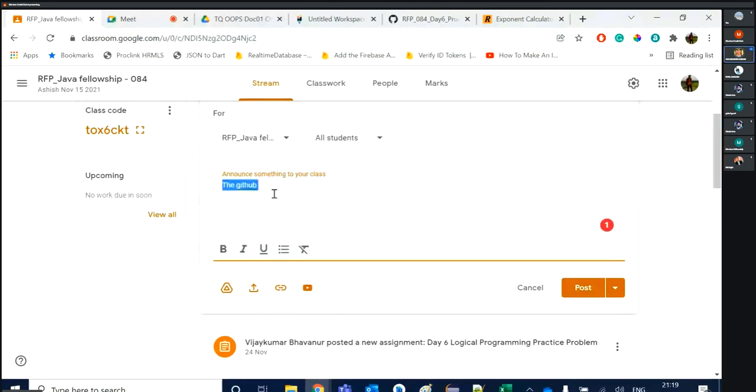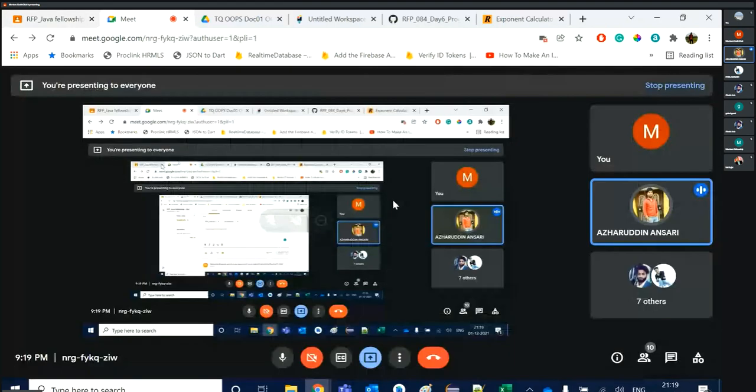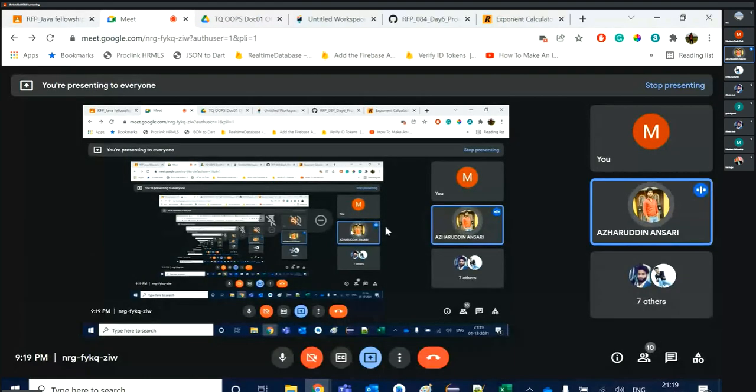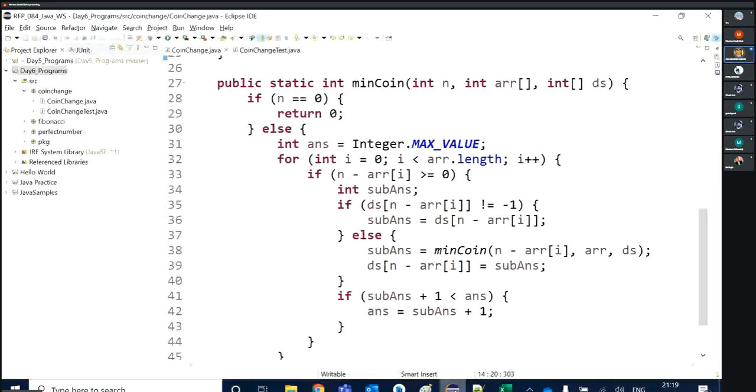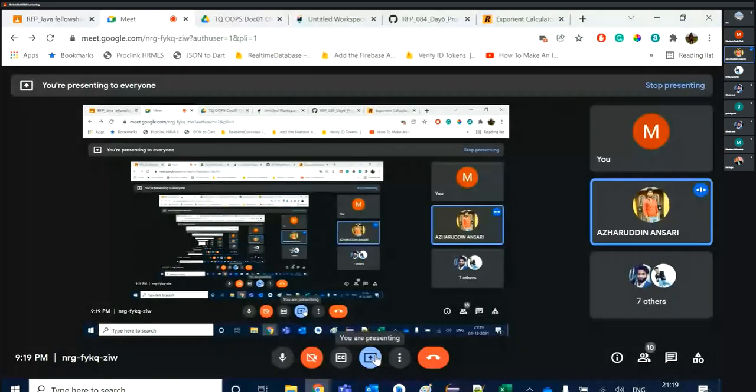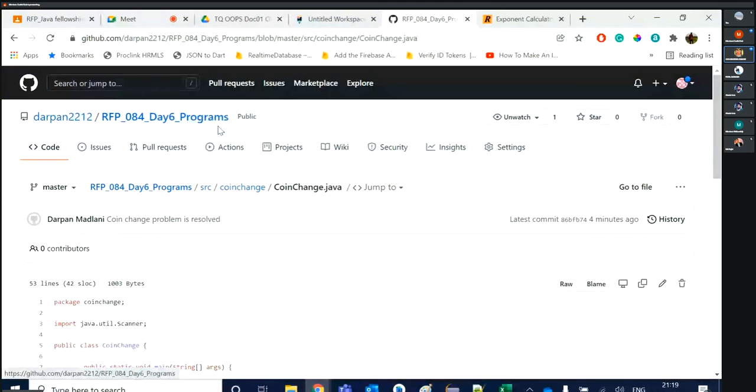Suppose, sir, we have the Eclipse workspace, and we also created a repository and added this file on GitHub. Suppose we deleted that repository from the remote on GitHub.